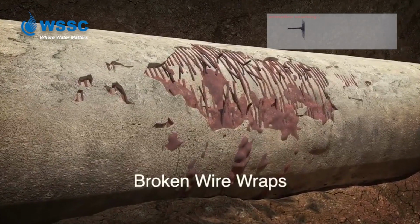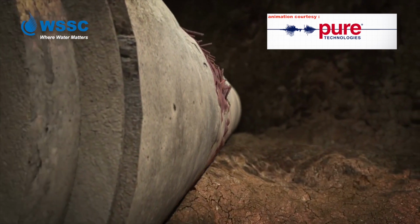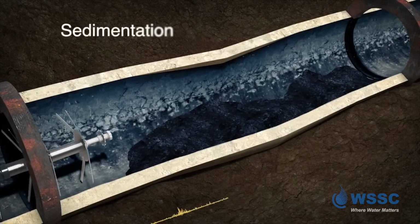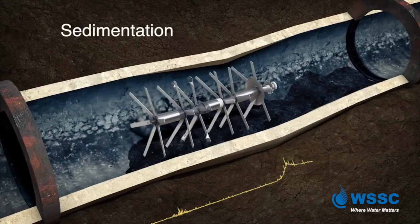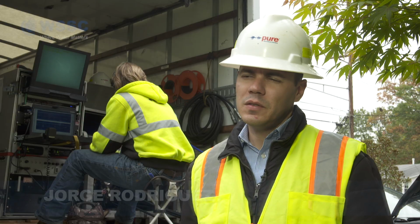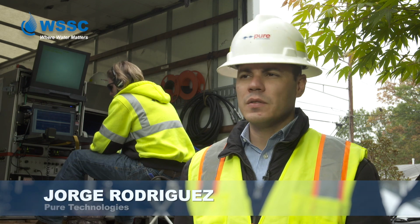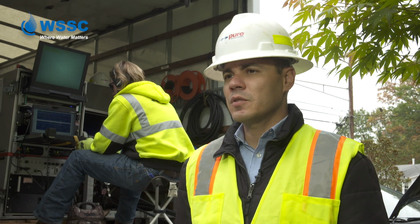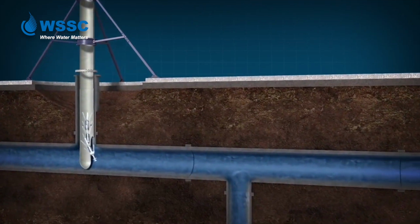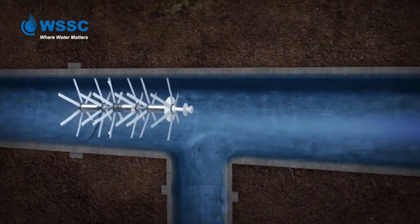It sends a magnetic field into the pipe, and then there's a sensor that analyzes that field and it can tell if the wire has separated. An aquatic robot of sorts, going with the flow, capturing critical data on the health of the pipe. So basically, because the inspection is done on a pressurized main, we don't have to shut it down, we don't have to disrupt service to the customers or even to the production at the plant, which is treating the water. This is the most advanced state-of-the-art anywhere in the world, and it's been very successful for us in